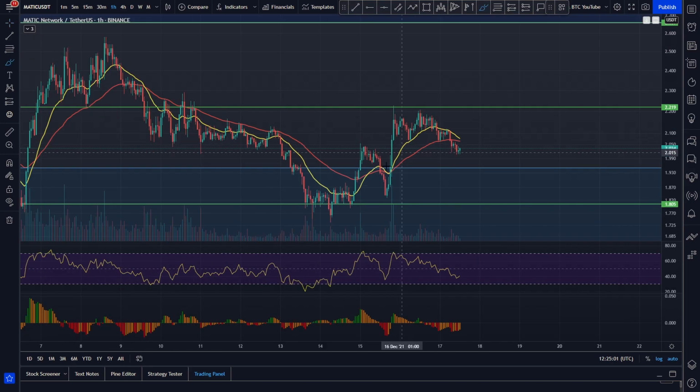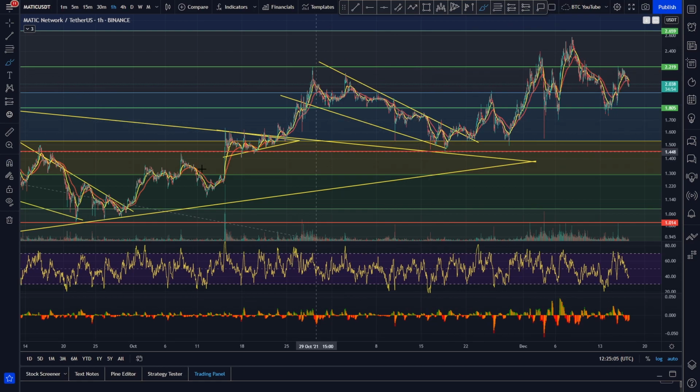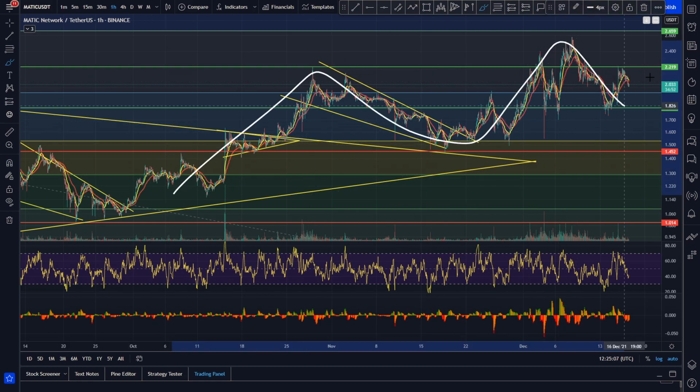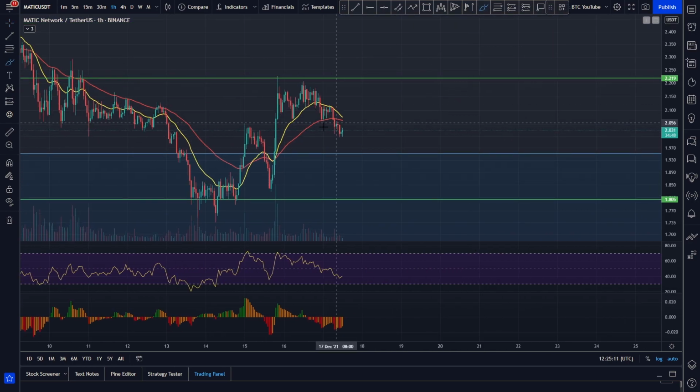Not much to say here apart from the fact that we look as though we are just continuing to the upside. You can see this trend for Polygon. It seems as though it is just making higher highs and higher lows, just continuing to the upside, looking really strong, isn't it? So we'd say Polygon, obviously we've always said it's a really good quality project, but if it does start to get more DeFi and more ecosystem for its network, it's probably going to continue to do very